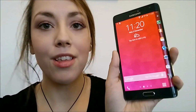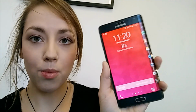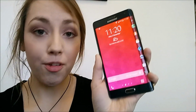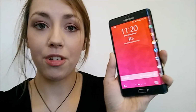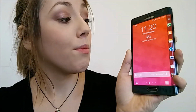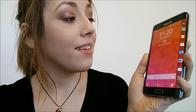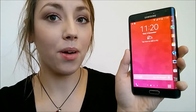So the main thing that you're going to notice about it, obviously, is that wraparound screen. So the screen curves all the way to the edge there. It's very cool. It's a Super AMOLED screen, 5.6 inch, so it's actually bigger than it looks in photos. It is quite large, pretty much in phablet territory, really. That screen is Quad HD, so it looks absolutely incredible. And obviously you have this little bar down the side here which you can do lots of quite interesting things